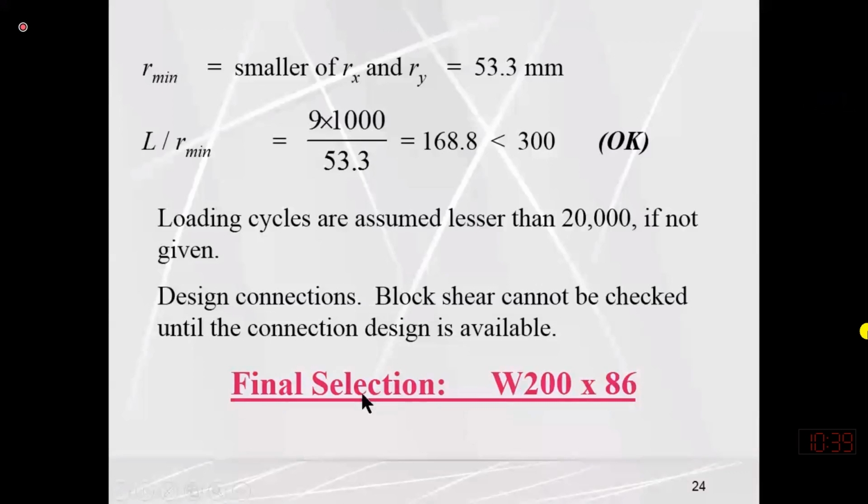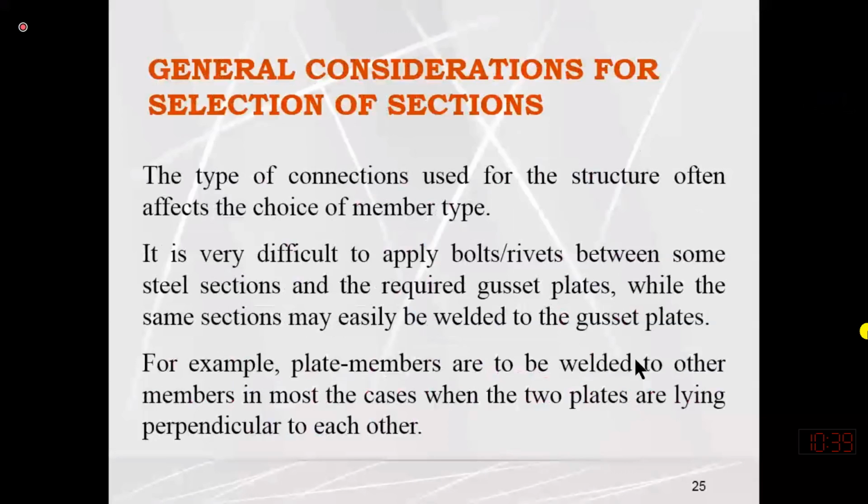So the final section will be W256, which satisfies all our criteria in terms of economy, safety, and practicality. So these are just general considerations for selection of the section. I believe that I have already discussed some of these points in my previous lecture, but I will explain it again. When we are selecting, first of all, let me explain that here,